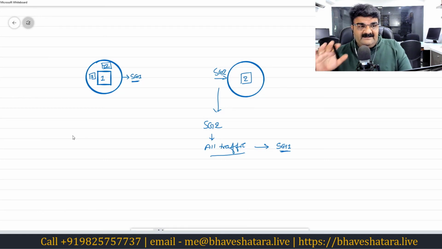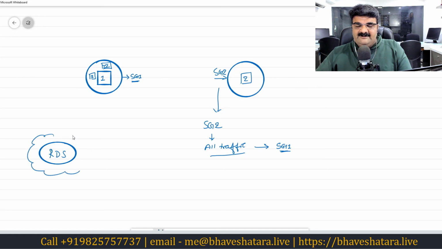Now, one other point that I have to explain right now, because it is good to have. In an upcoming session we'll talk about RDS. RDS is a relational database system. Now when you create RDS, there will be a security group which protects this particular RDS. RDS stands for relational database. We'll talk about this in the upcoming database section.